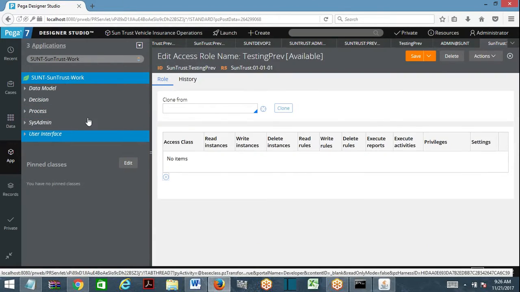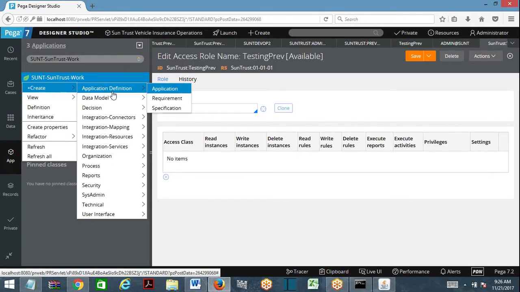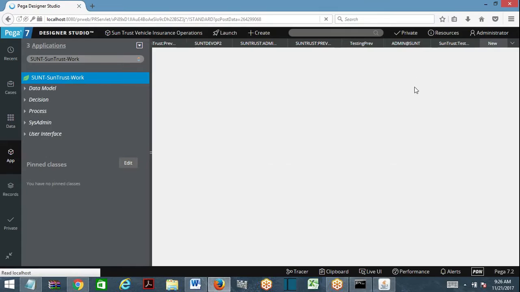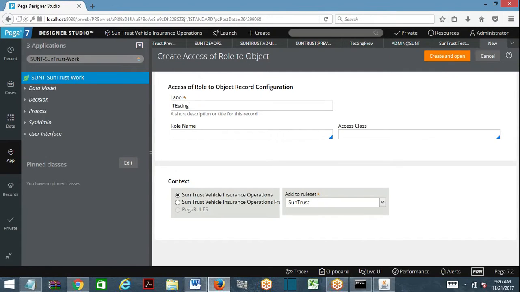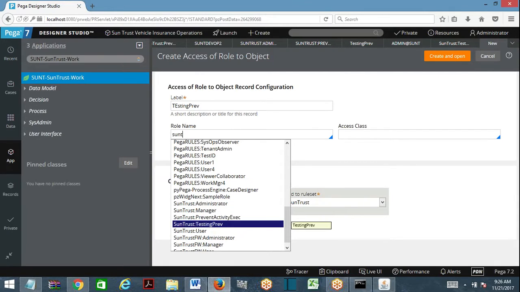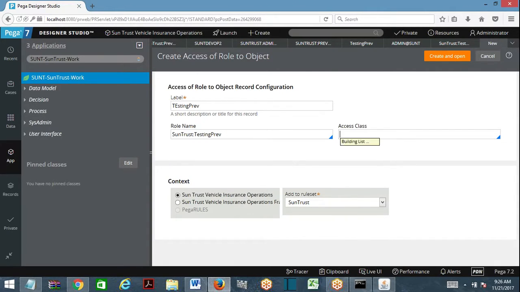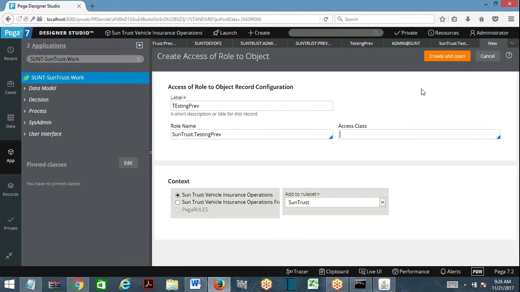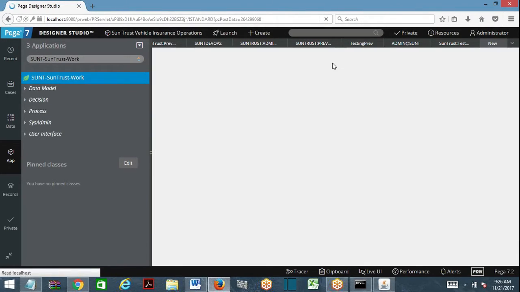I'm going to create another role to object. Security role to object, so role to object testing privilege. Role name is Sunteam testing privilege. Access class is this one.